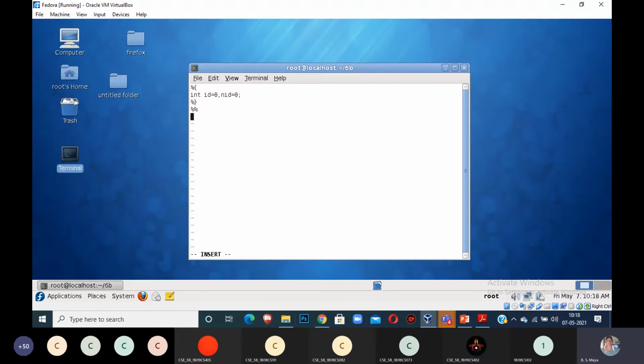Start with the rule section, percentage. I have to write rules now. An identifier starts with a letter, a capital letter, or an underscore. Any one of those as the first character, followed by any number of letters, capital A to Z, or any number of underscores. Then any number of digits also. Between that, it can be star, zero or more occurrences. If it is there, my identifier count should be incremented.